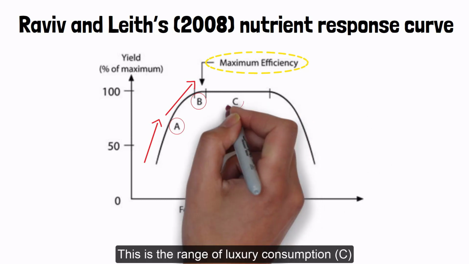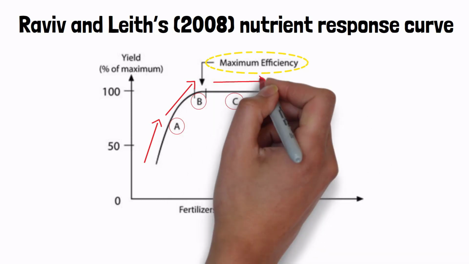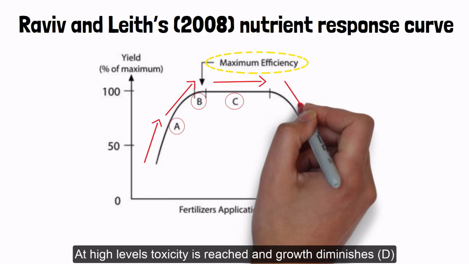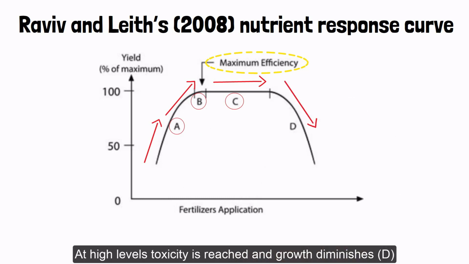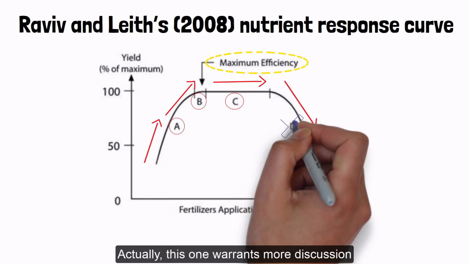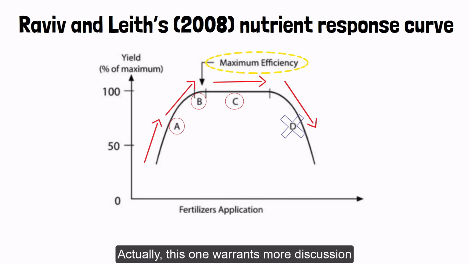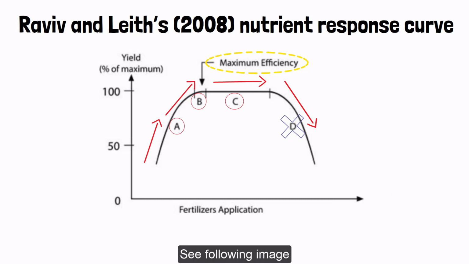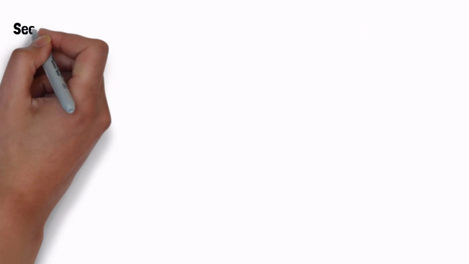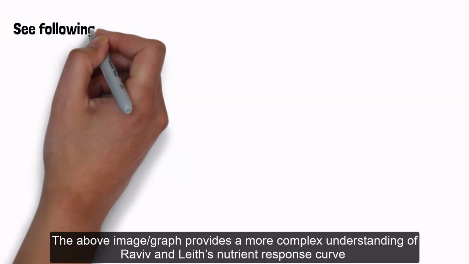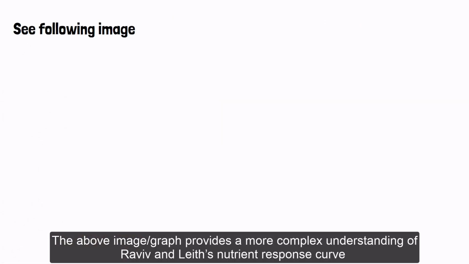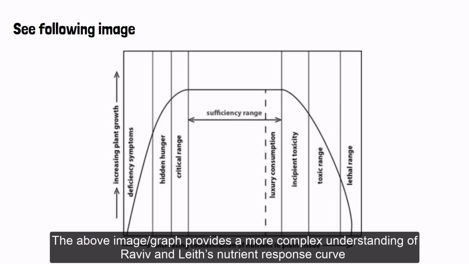This is the range of luxury consumption. At high levels toxicity is reached and growth diminishes. Actually, this one warrants more discussion. See following image. The above image/graph provides a more complex understanding of Raviv and Leith's nutrient response curve, which shows